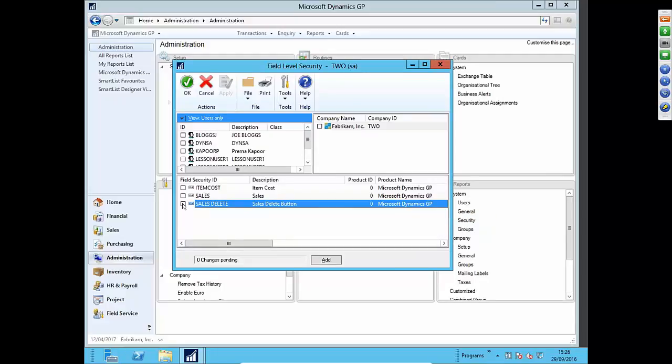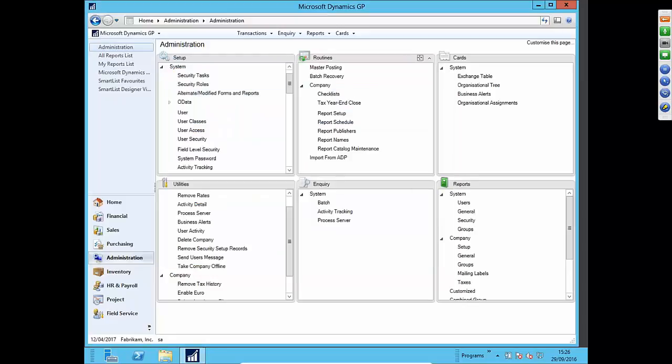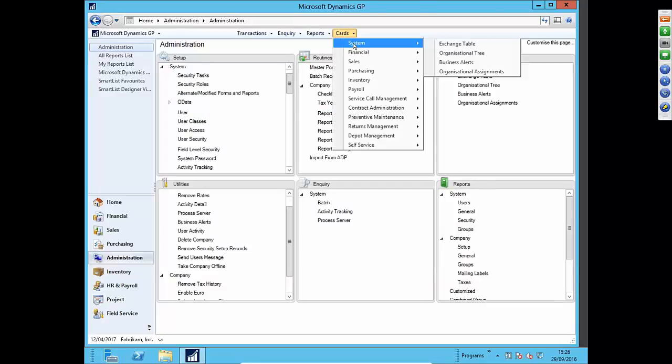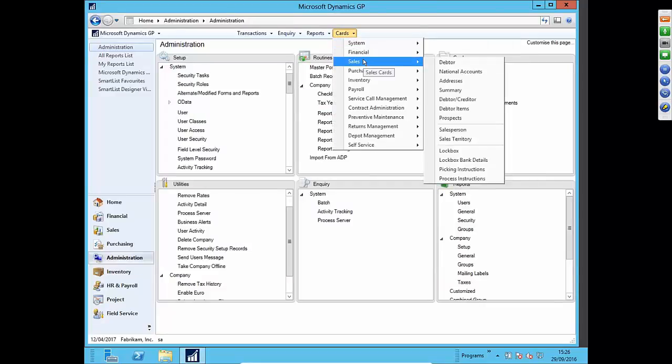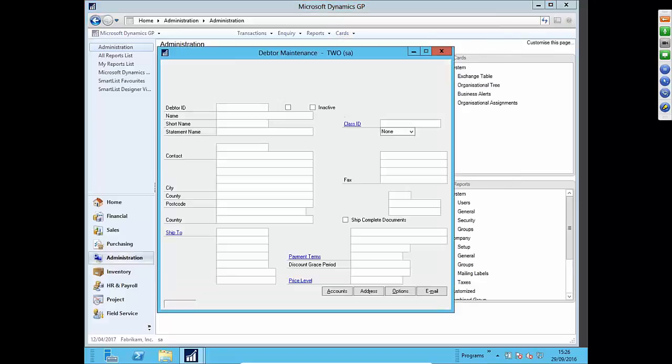So what we're going to do is we're just going to select this button, and obviously the company name is predefined, and we're going to just select which user we would like to apply this field security against. Just going to select the sales delete button and press apply on here and press OK. So before we just log into Joe Bloggs' account, we can just check exactly what we can see as admin at the moment. So if we go to sales and then debtor card,